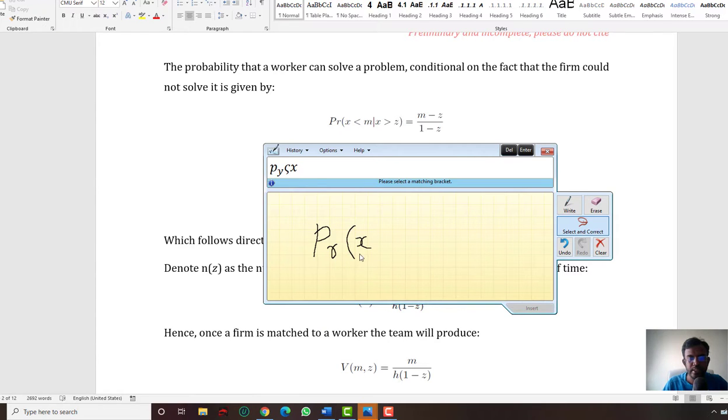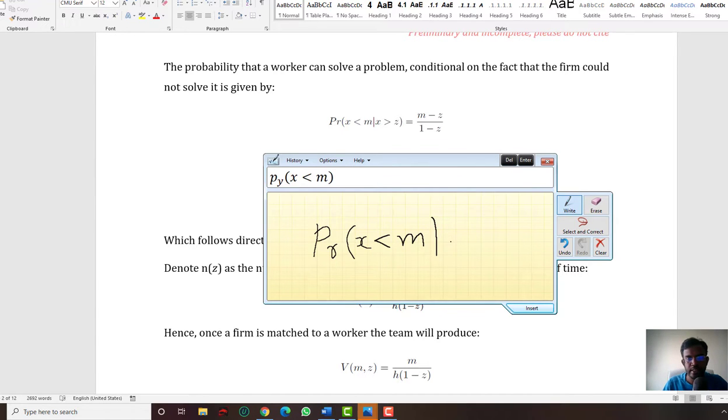So X, lesser symbol, M, modulus of X greater than Z, close the bracket.